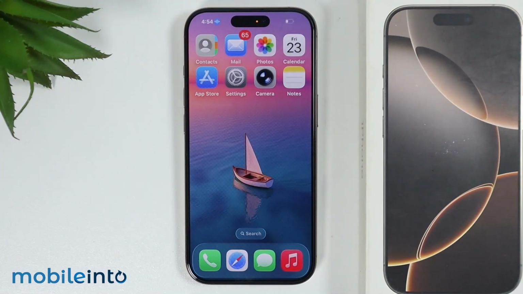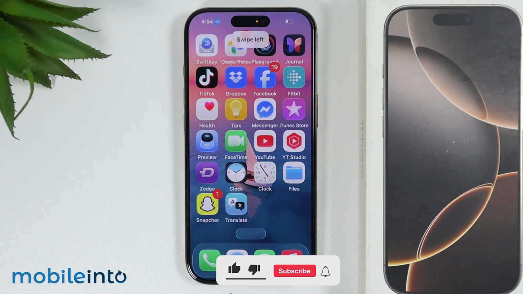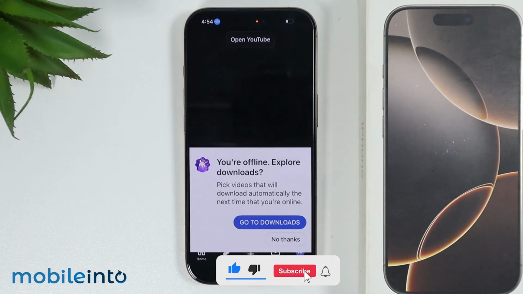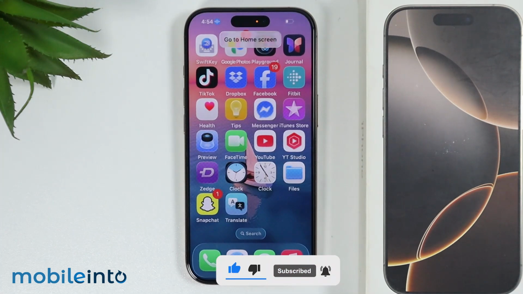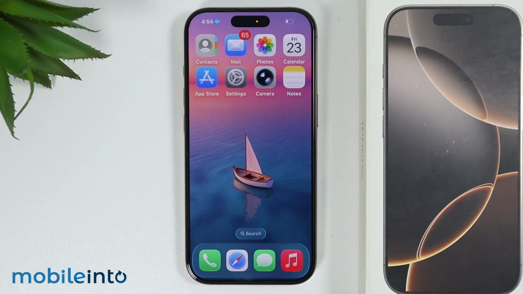If you want to control your iPhone using your voice, swipe left, open YouTube, go to home screen. So in this video, I will show you how you can enable the voice control feature on your iPhone 16